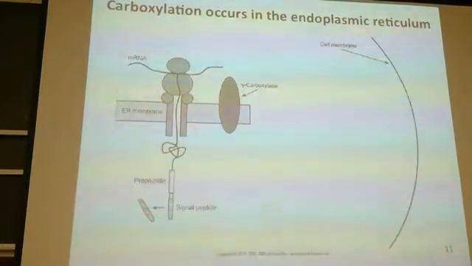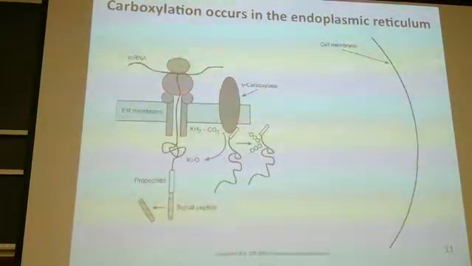Okay, and this propeptide sequence is important because this propeptide sequence is what tells the gamma carboxylase that it should carboxylate these glutamate residues in this protein. Okay, so this propeptide sequence is what binds the gamma carboxylase enzyme. So this enzyme recognizes this propeptide sequence, and then it can carboxylate these proteins. Okay. So we have this translating protein, the signal sequence is removed. Gamma carboxylase recognizes this propeptide sequence, then together with the help of vitamin K, it carboxylates usually several glutamate residues